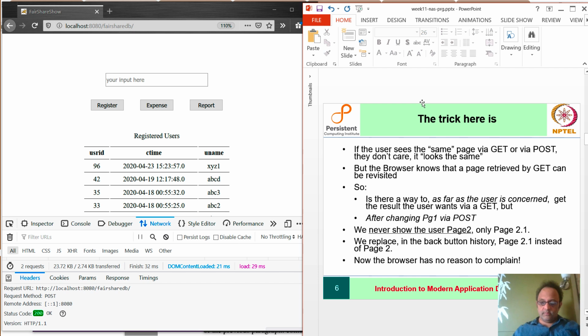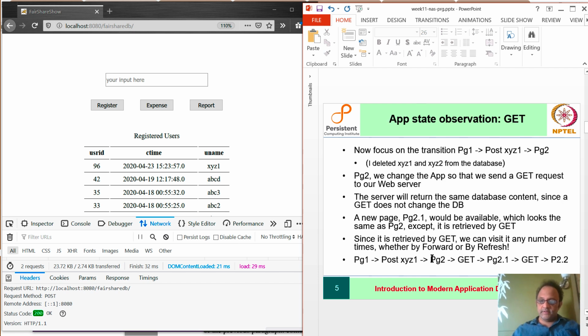What I mean by that convoluted sentence is this kind of a thing. So we took page 1, we changed it with a post, arrived at page 2. But instead of showing page 2, why not show page 2.1 instead to the user? Browser knows there was an intermediate stage called page 2, but the user need not know.